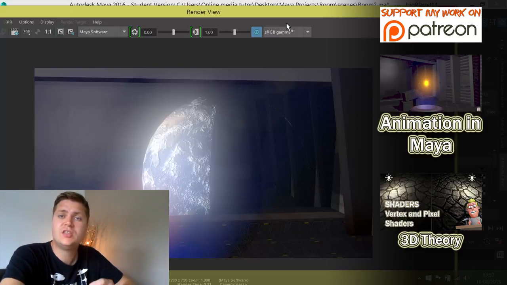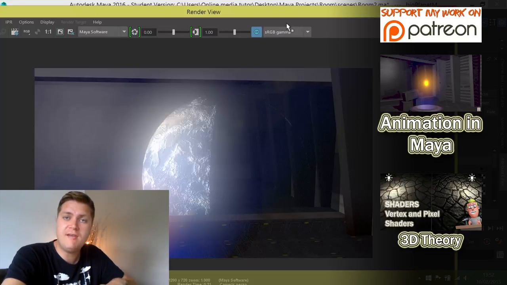You will also notice that there are some other bump maps and different texture files within the source images folder that you've downloaded. So if you want to apply those, for instance, the bump map on the crate looks quite nice, then you should do that as well, just to continue